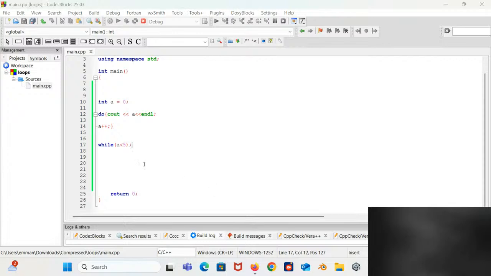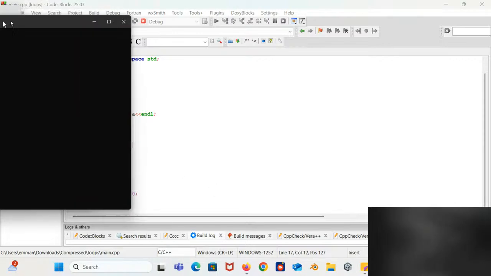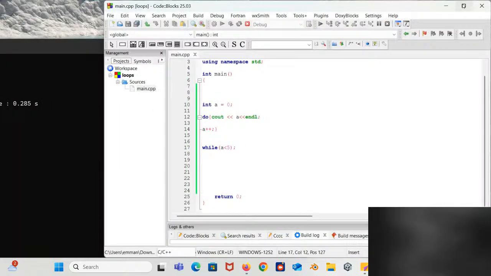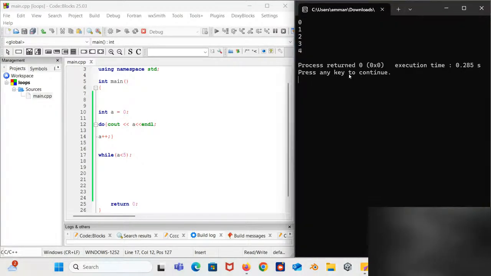Let me compile and run this here. What is the current value of A? A is 0, so it just couts A, increases A to 1, then it comes to check the condition.